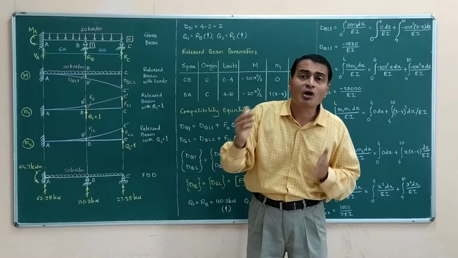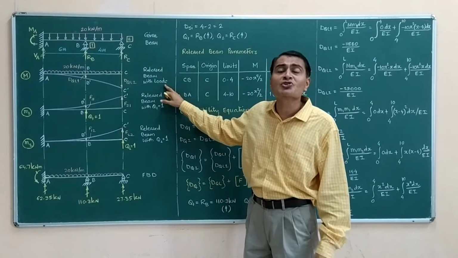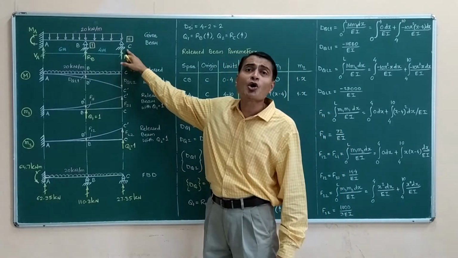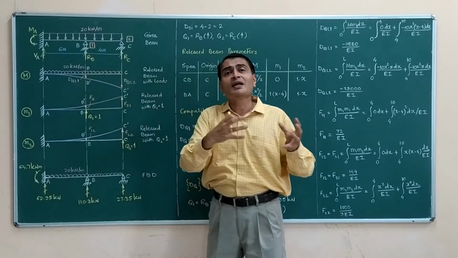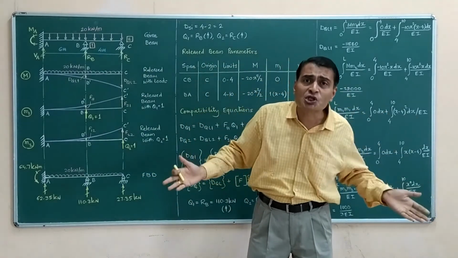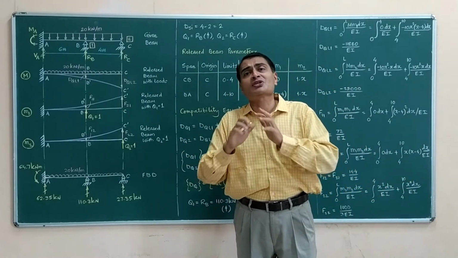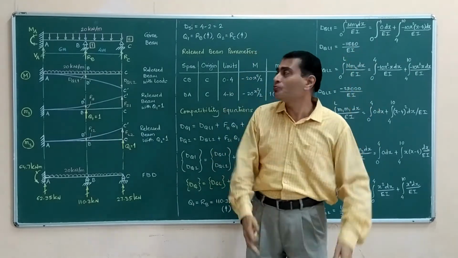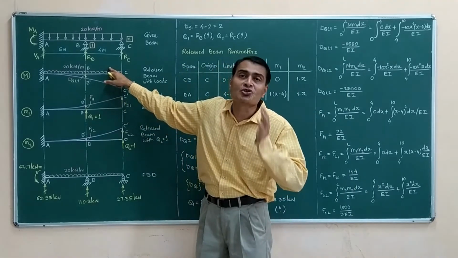such that their compilation, their superposition gives me my original beam back. For example, I start with released beam with loads as my first part. So what have I done? I have gotten rid of support C as well as support B. When I remove those supports, though theoretically, in imagination, of course RB and RC forces are no more existing. So one part of my original configuration is this cantilever beam which is carrying loads.